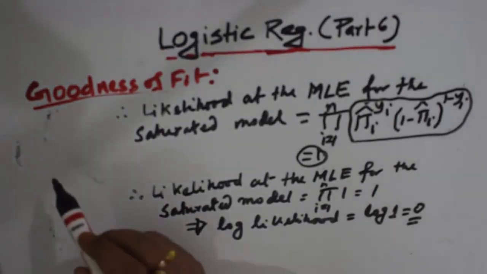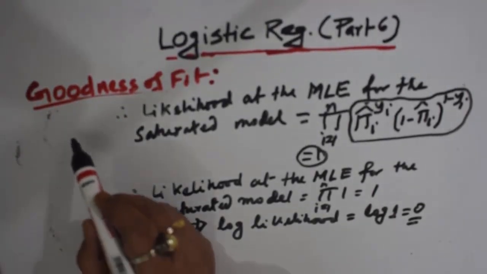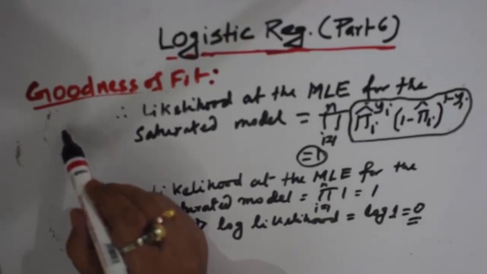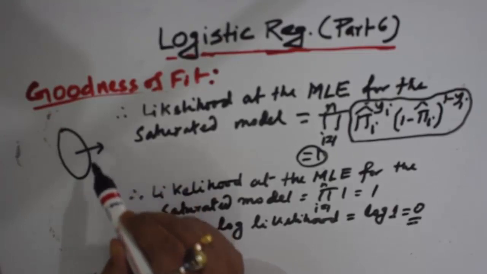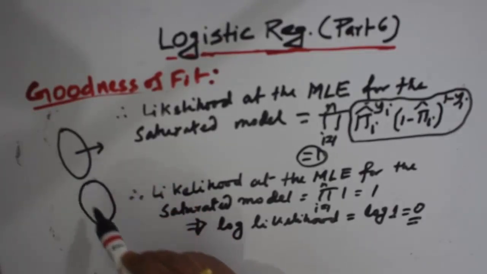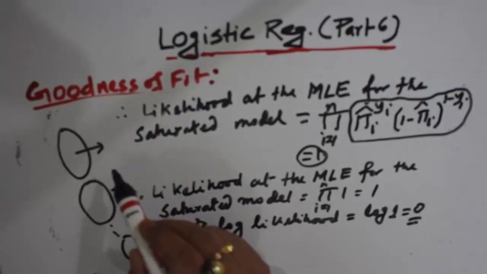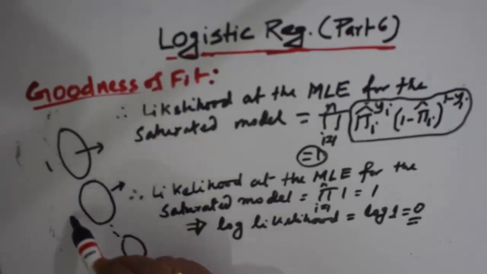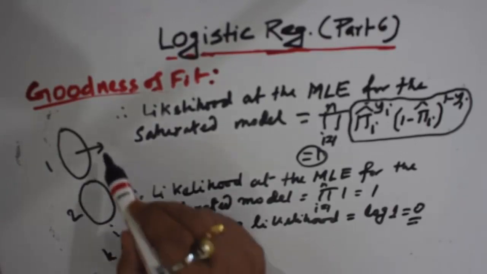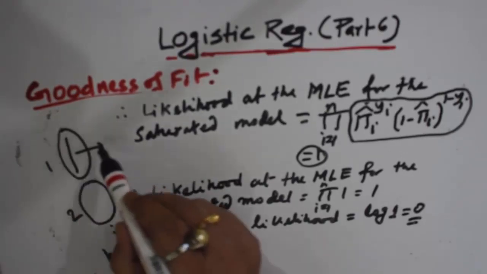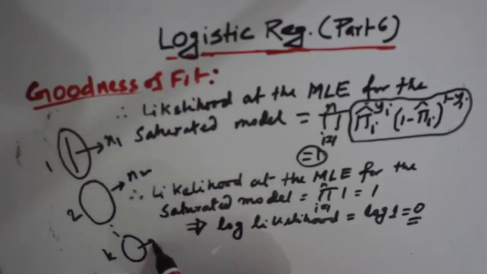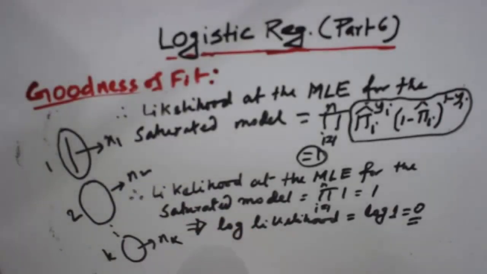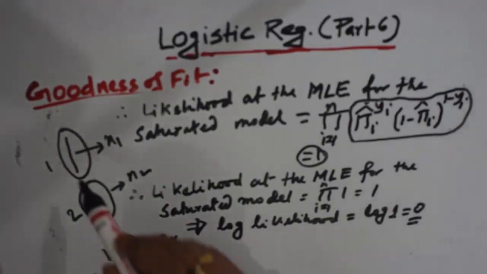That means suppose I divide the whole n observations into k groups. The first group consists of n1 subjects, n2 subjects, and the kth group consists of nk subjects, and